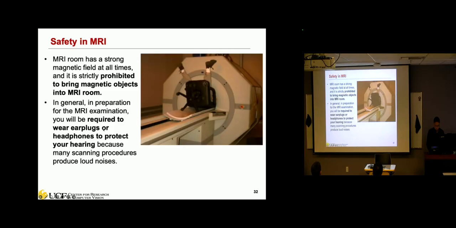And if you have implants, like heart implants or something like that, maybe you're not suitable for the MRI scanner, because if you go inside, those will cause disasters if you have some hardware implant. Okay. Of course, the headphones and earbuds are also a protective measure for your ears because of this loud sound. Okay.